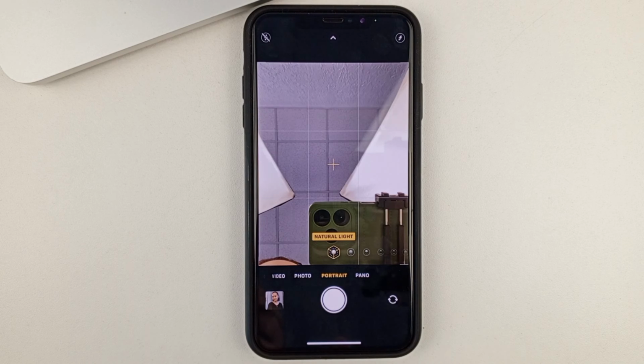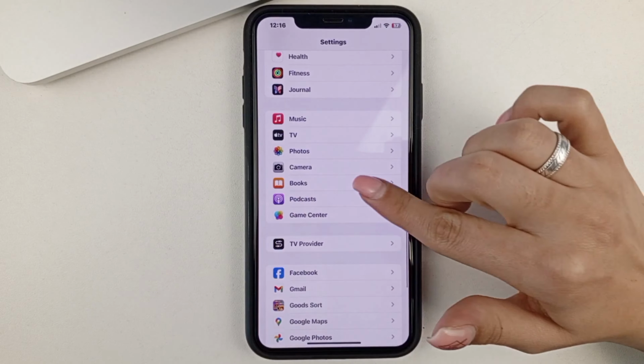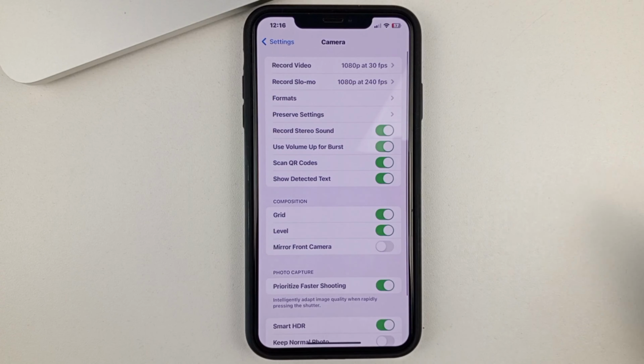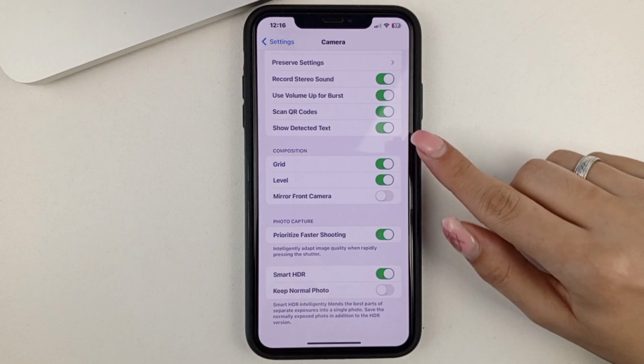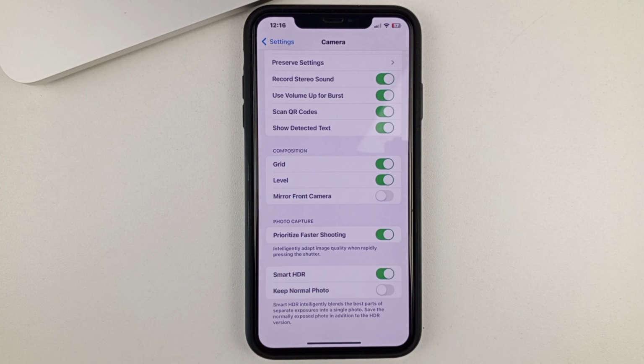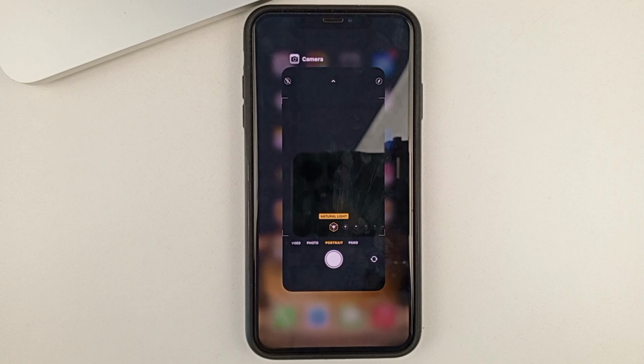If you have a different model or a newer model, then right away the portrait mode may not be in the camera. Then you'll need to go into your phone settings. Scroll to the bottom to find the camera, open it up. And right there at the bottom you'll have the portrait mode on the photo, which you'll just need to activate like all the other modes. Once you've done that, you'll have it on your phone, on your camera. You will be able to easily take a photo in portrait mode.